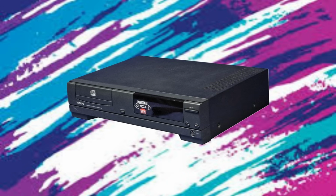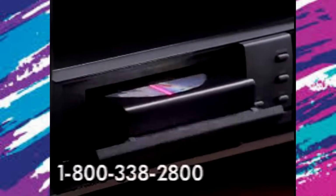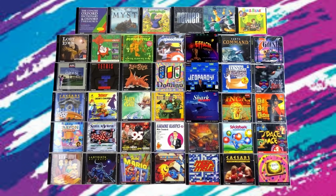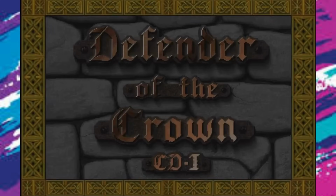In late 1991, Philips released their first CD-i players. Now keep in mind, the CD-i technology was never intended to be a game console, but it was marketed as an interactive CD multimedia player. During the first couple of months of release, 18 interactive multimedia CDs and 20 games were released for the system. The games were very basic, like Battleship, Connect 4, jigsaw puzzles, with the best game being a port of Defender